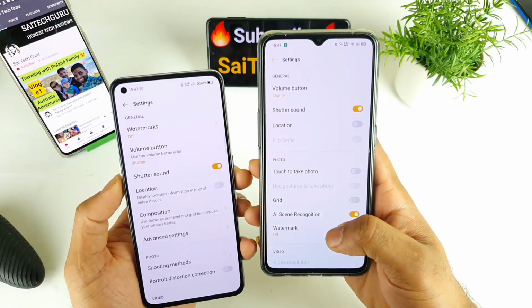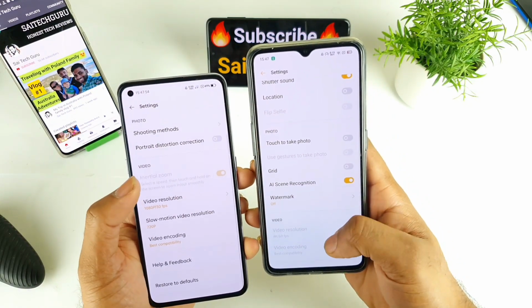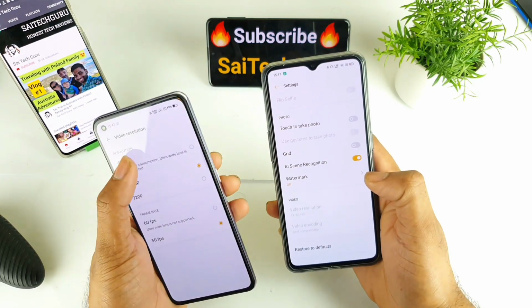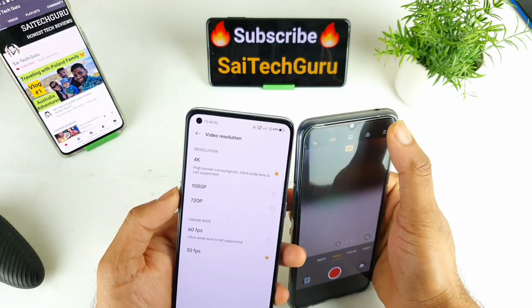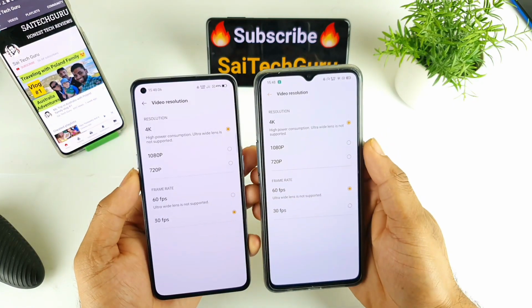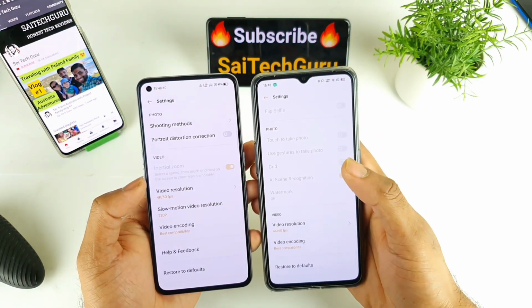So watermarking is present and everything is kind of the same. There is nothing much major I observed. Video resolution is also kind of the same options you will get in both the phones. There's nothing much difference even in this one. 4K 60, everything is the same. So nothing major different, as you can see, friends.